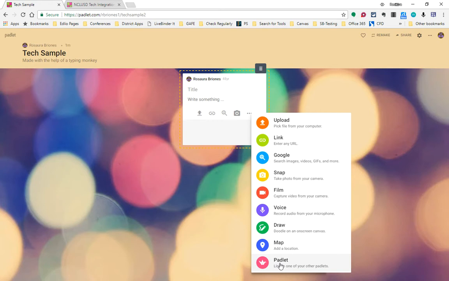That means that you are able to embed a Padlet within a Padlet. So maybe a group has created a Padlet with different resources, or a group has created a presentation on a Padlet, and now you want everybody to see them. You're going to post that Padlet on this Padlet. So there's different ways of doing that. So that is a really neat feature. So once something is posted,